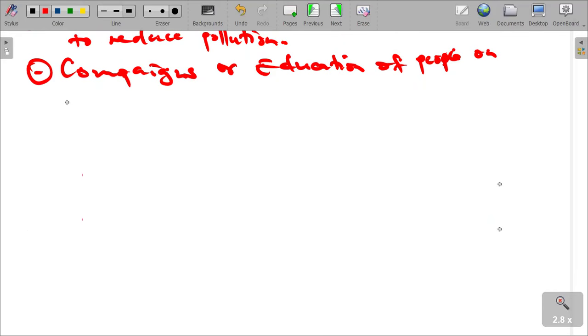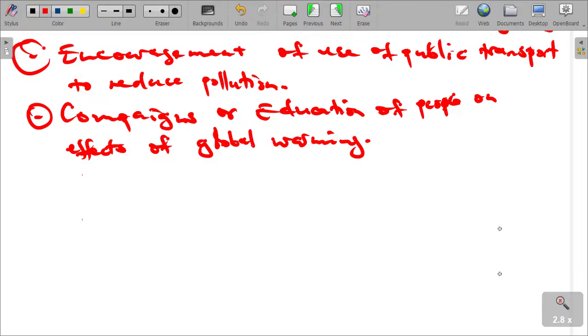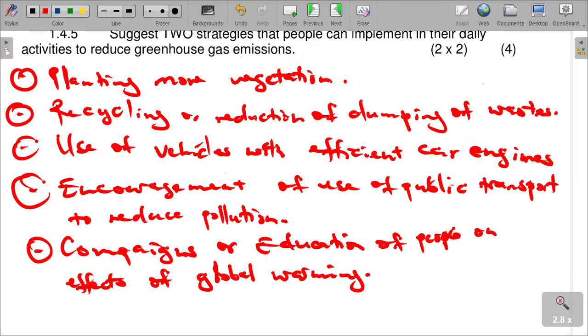Education of people on effects of global warming. When people are educated about global warming, they won't do it a lot, and therefore we are able to save our climate. So now what we are saying is these are measures that can be put in place to reduce